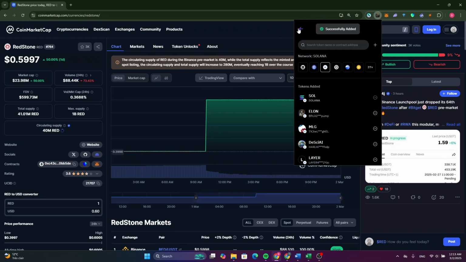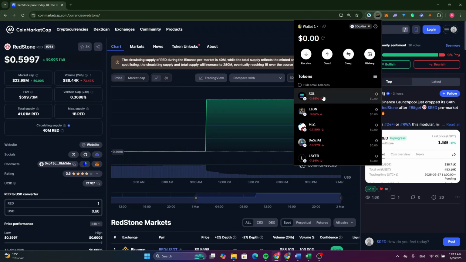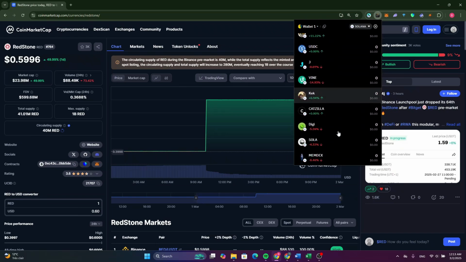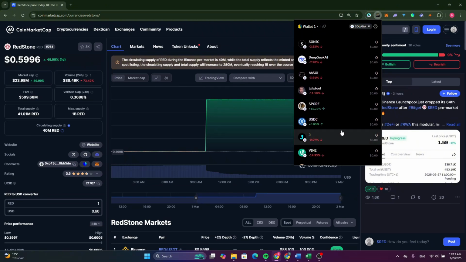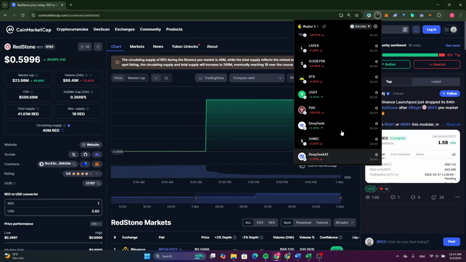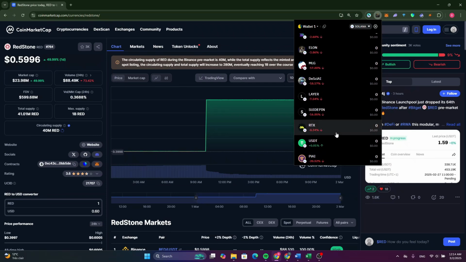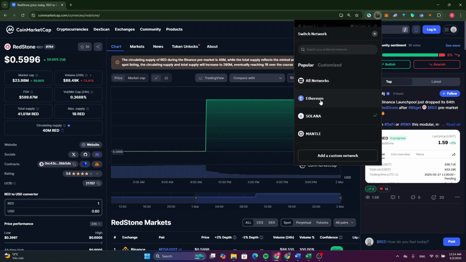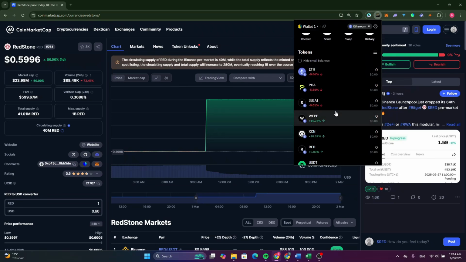Now, to make sure that you add this token successfully to your wallet, go back to your wallet and try to find your token called REDSTONE. After you find it, you can verify that you added it successfully to your wallet. So keep searching until you find it. Now make sure to switch the network to Ethereum here, and now you will be able